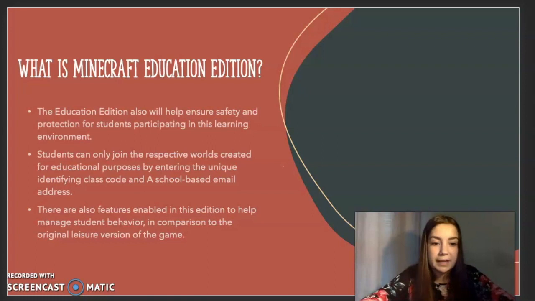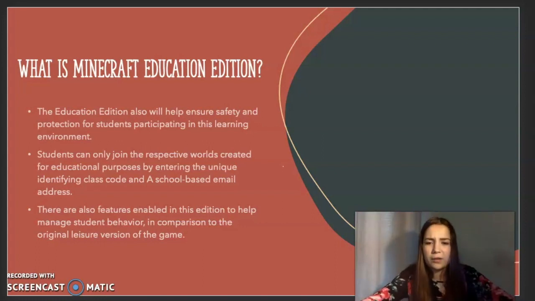It's one of those unique identifier passwords, almost like Google Classroom has, for example. They must enter that as well as a school-based email address. Even if your personal email is your name, you are not allowed to enter that world, primarily because you don't have a school-based email. You should be in my class in order to join this world. That makes sure no predators or outside people can get in and potentially interact with our students.